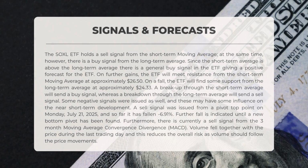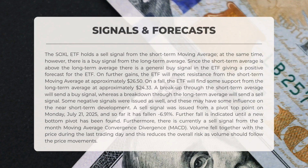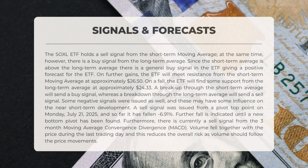The following signals have been identified through SOX. The SOXL ETF currently indicates a sell signal from the short-term moving average. However, it simultaneously shows a buy signal from the long-term average. Since the short-term average is above the long-term average, this creates an overall buy signal for the ETF, suggesting a